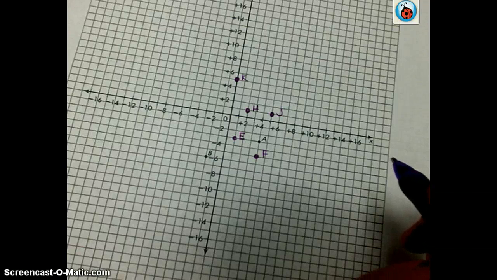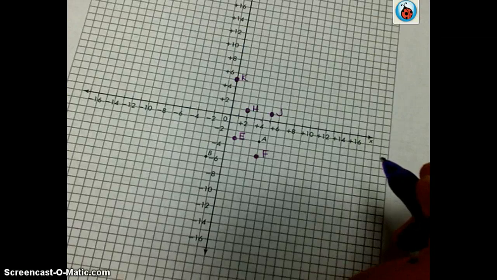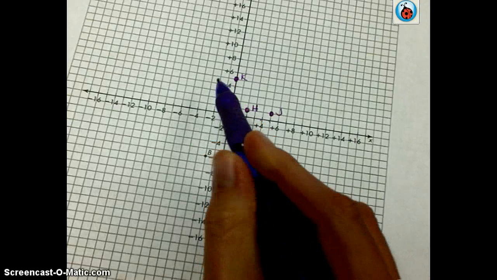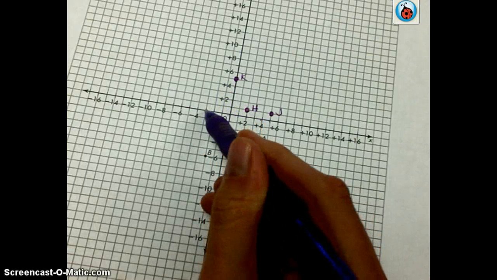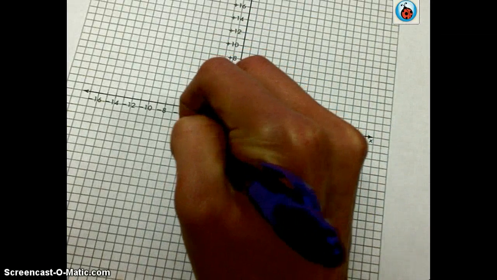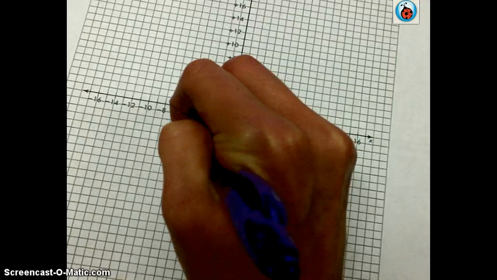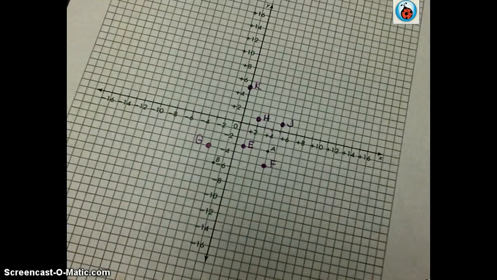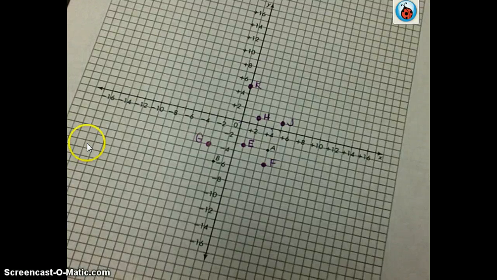And the last one, number 19, point G is negative 3, negative 4. That means on the X-axis, I need to go to the left, negative 3. And now on the Y-axis, I go down to negative 4. I plot my point and label it G. All right. Now, you may be asking, what does this have to do with positive and negative numbers? Well,